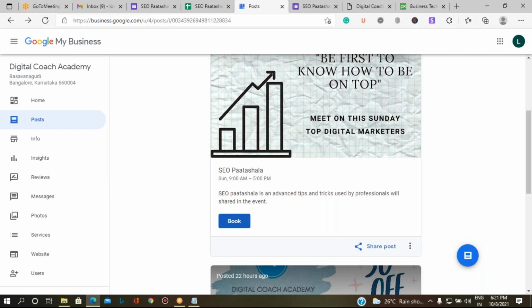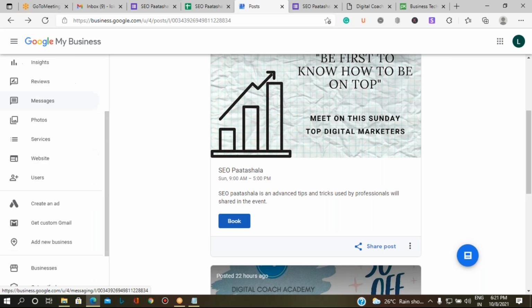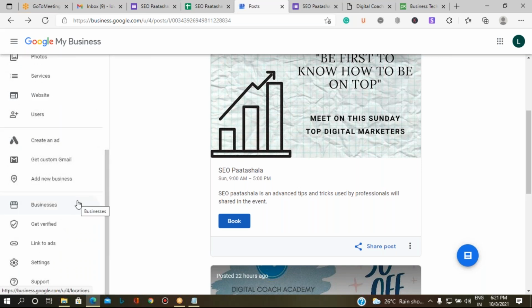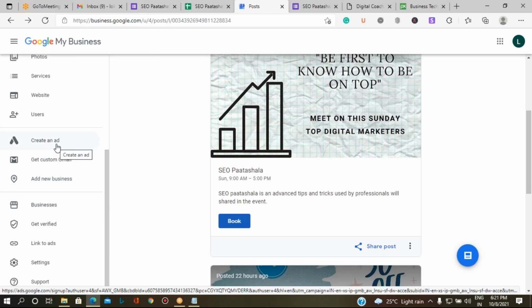Now, once you have created all this information, you have certain options like create an ad. That means if you want to bring this business page to the audience in the form of an ad, you can create an ad, which is going to help you with Google Ads.